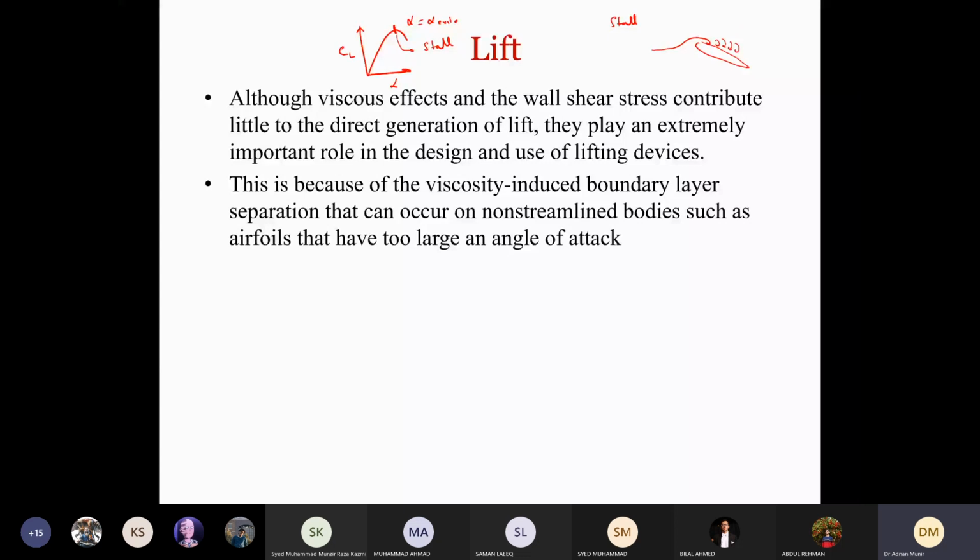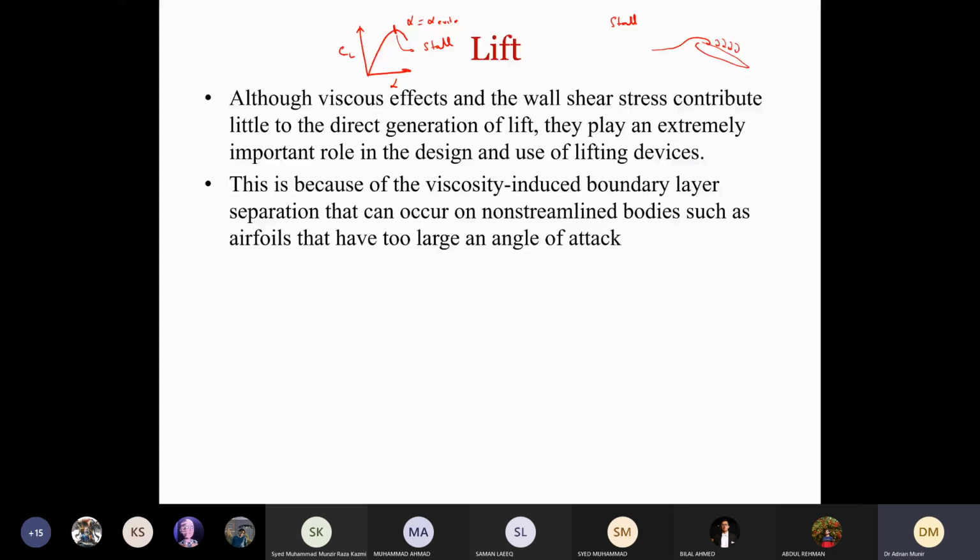So in that case, when we have flow separation, the viscous effects become significant and they result in the aircraft being stalled, right? Overall, the lift is because of the pressure force. But when we have alpha above the critical value, where we have stall condition, the viscous effects become significant. Okay. And now this is just showing you the same thing.